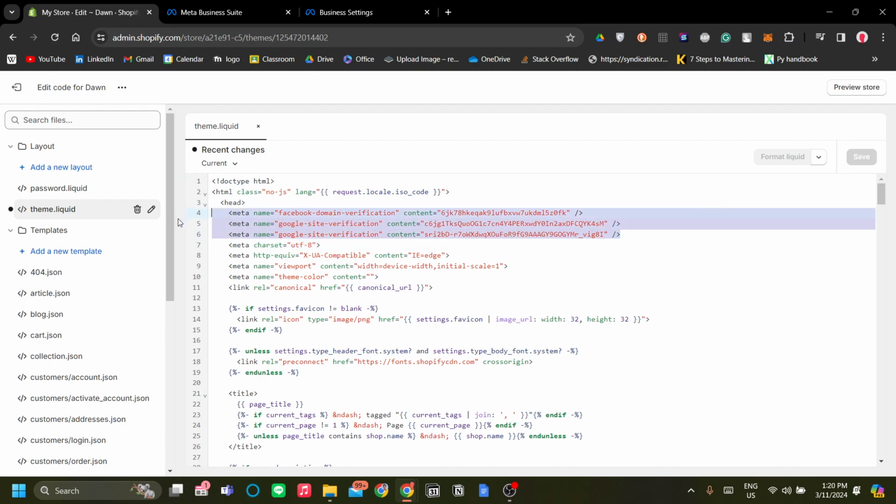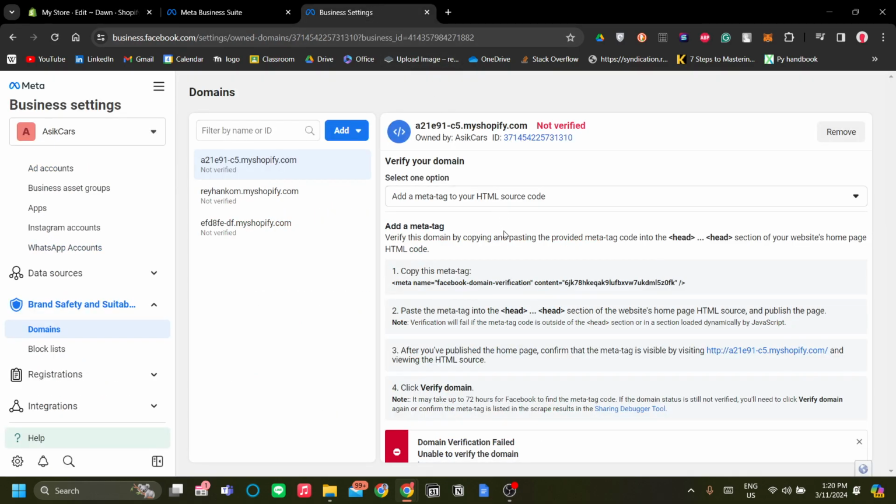I use this for Google sitemap, so that I can track my store using Google services like Google Analytics, or Facebook Analytics or TikTok Analytics. All of those need this tag both to verify your ownership and to be able to track your Shopify store traffic. And from my understanding, they do take some time, so that is why I haven't been able to verify my